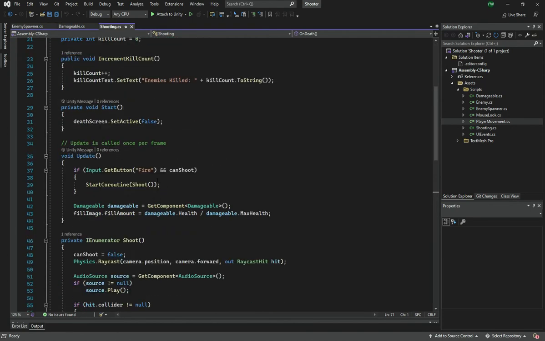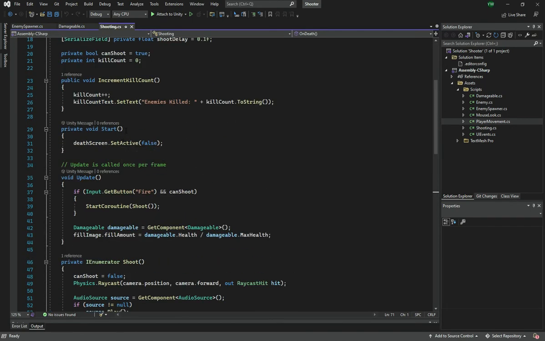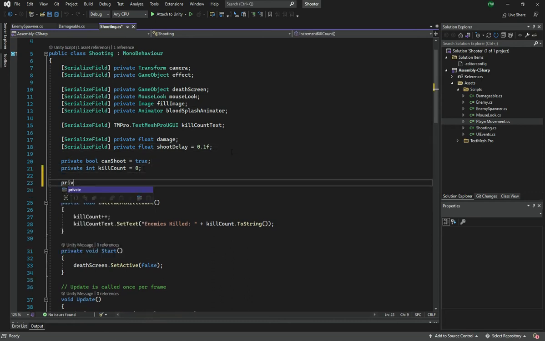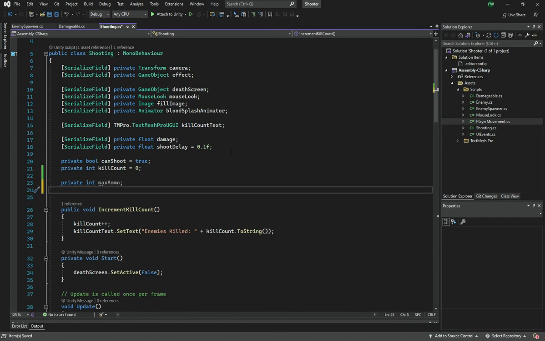But anyway, inside of here, I'm going to create two variables. So a private int called max ammo. The way we are going to do it is that we are going to have a maximum ammo, and then we are going to have a specific magazine size, and then we are going to have our current ammo and the total amount of ammo left. So in order to do that, I'm going to have a private int